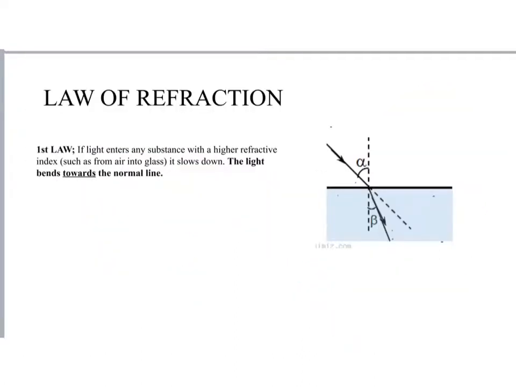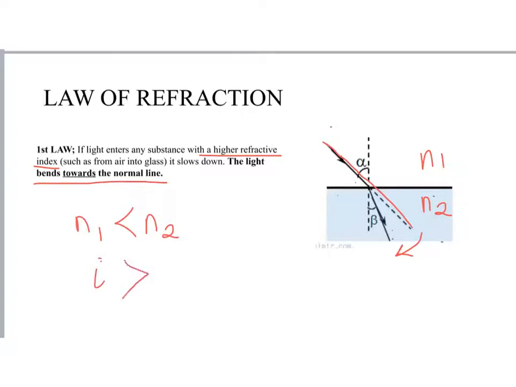Now let's see the law of refraction. The first law is, if light enters any substance with a higher refractive index, it slows down and the light bends towards the normal line. Let's say this is N1, this is N2. If N1 is smaller than N2, then the light will bend toward the normal line. So the angle of incidence will be bigger than the angle of